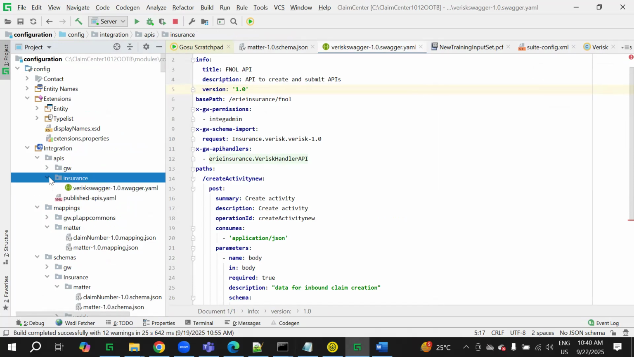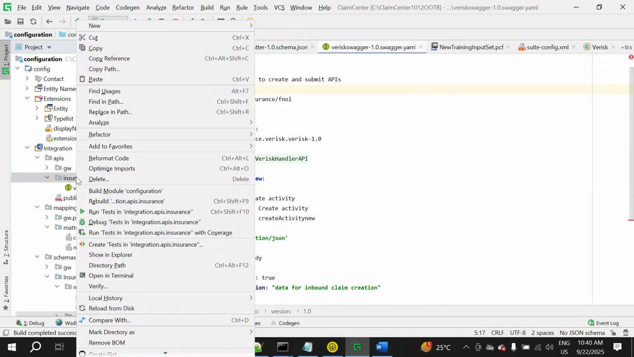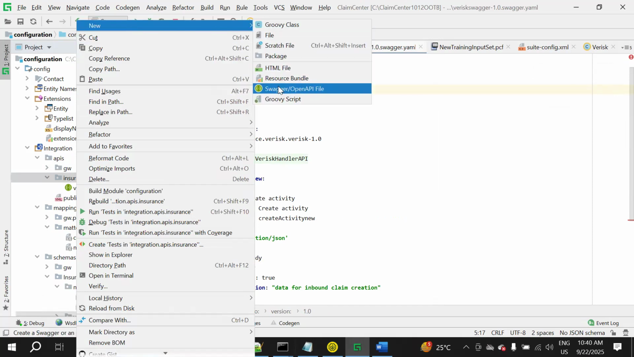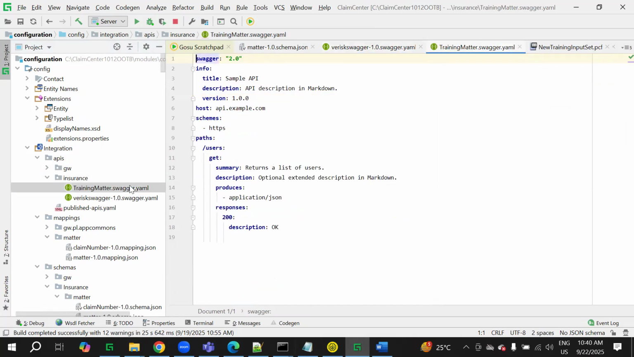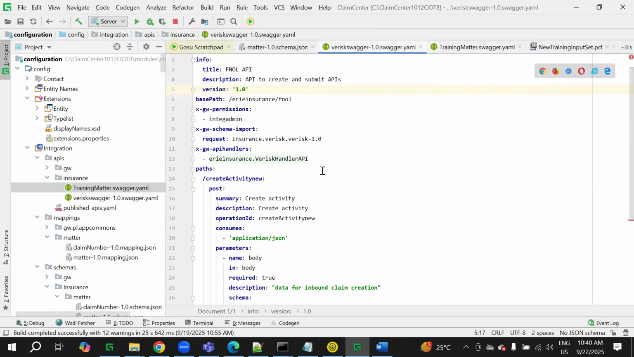Okay, so what I will do is I will create a new Swagger file with the name training Swagger. Okay, this is a new file name I'm giving. So see, when we give it like this, basically it has given a few data, right? So what I will do is